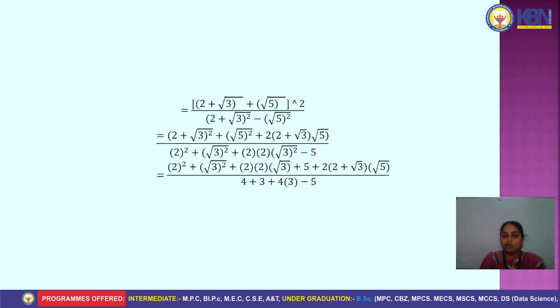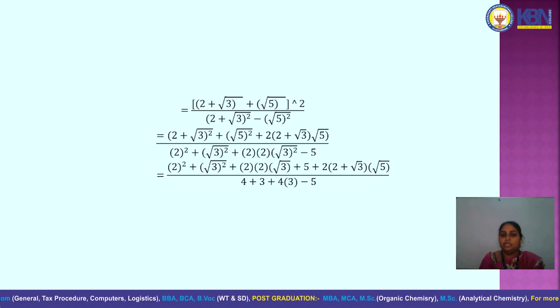Here in place of a we have 2 plus root 3, in place of b we have root 5. After solving that, the special product of (a plus b) whole square is a square plus b square plus 2ab. Here in place of a we have 2 plus root 3, in place of b we have root 5. After solving that we get (2 plus root 3) whole square plus (root 5) whole square plus 2 into 2